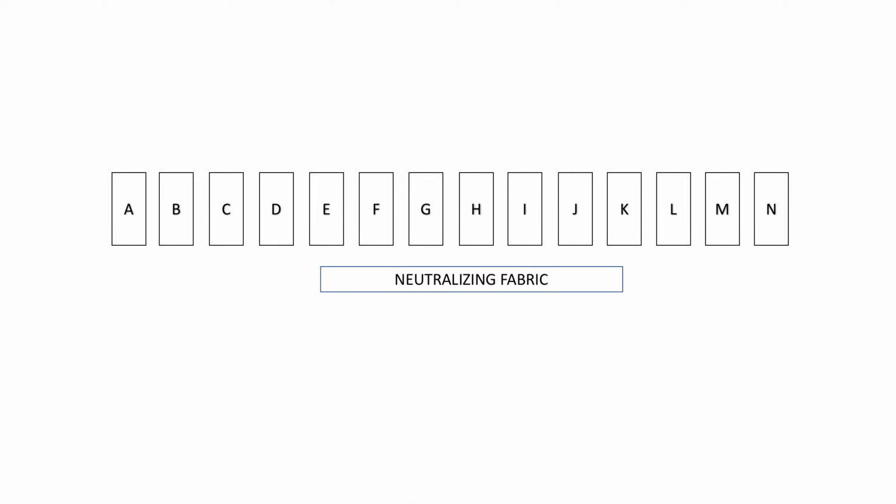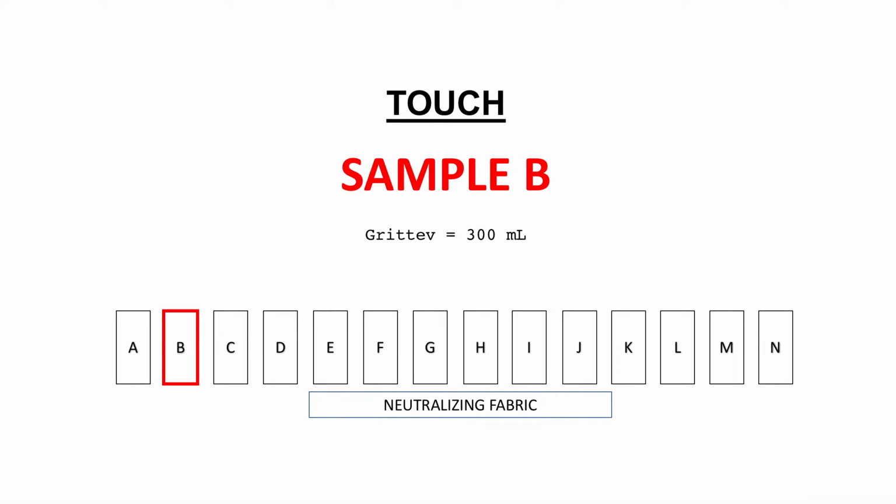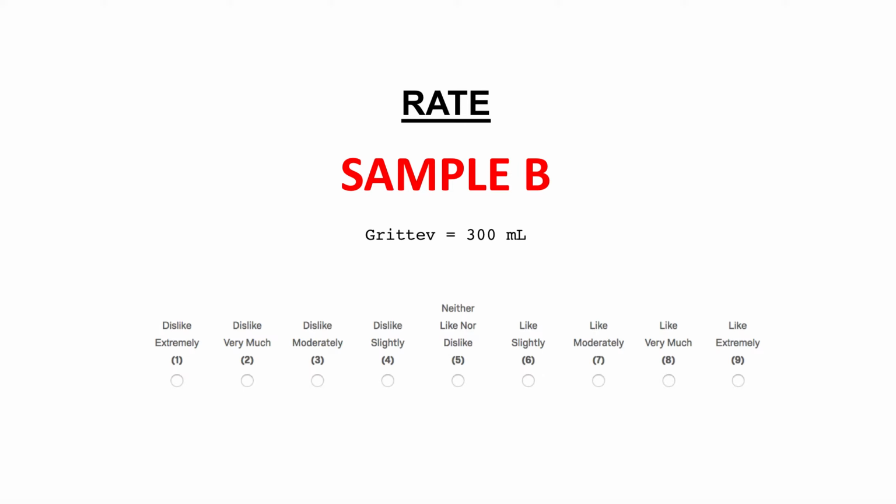For example, if the computer screen says, "Touch sample B," you should run your fingertips across the sample so that you can evaluate it. You'll have 10 seconds to do this. A clock will be displayed in the upper left-hand corner to let you know how much time you have left. At the end of 10 seconds, the computer will automatically advance to the next page and you'll be asked to rate sample B. You'll make your rating on a scale from 1 to 9, and you'll have another 10 seconds